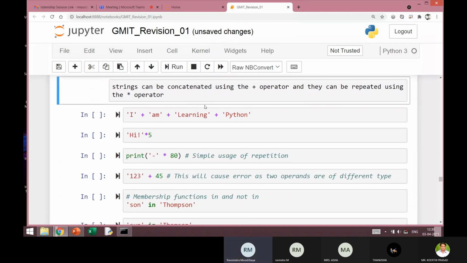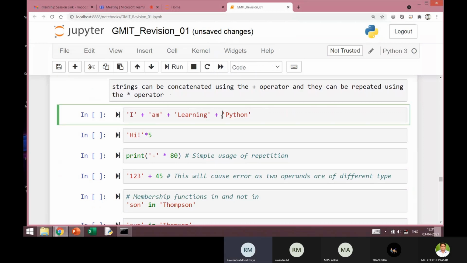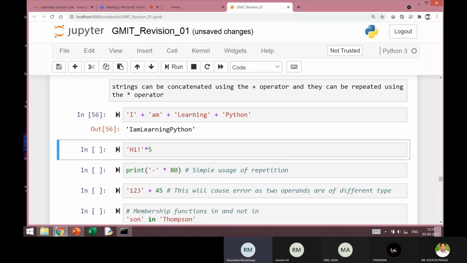Now another very important thing is, how can I concatenate the strings? Concatenate means how can I join the different words? For example, I have defined different strings: I am learning Python. So I have defined 4 strings here. And how can I join them together? If I join them together, it will be a single string.